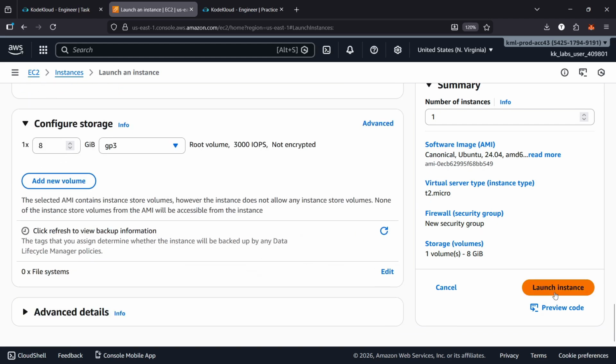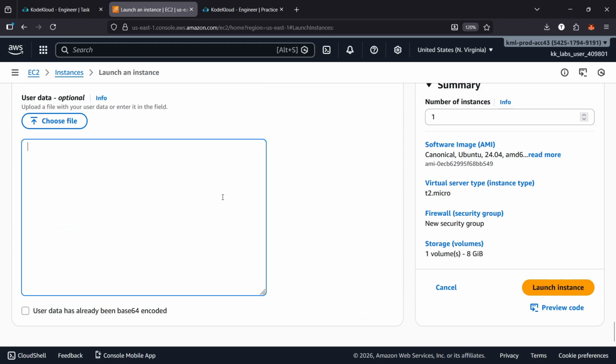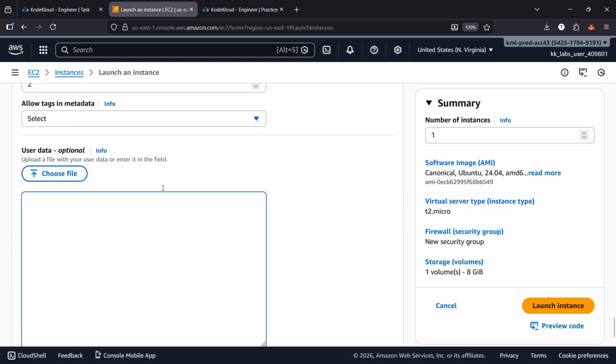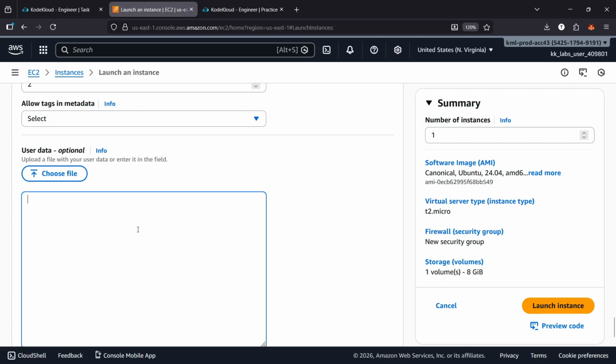Before going to click on the launch instance, click on advanced details and this is the user data. What we define in this user data will be installed on the EC2 instance while it was in the launching state. So I'm writing the script #!/bin/bash